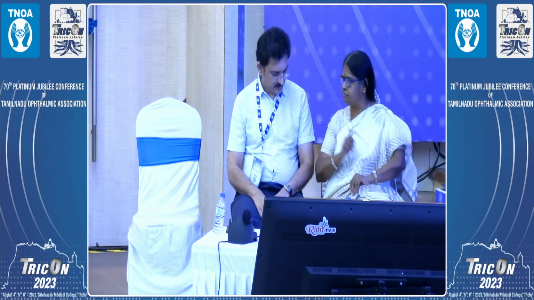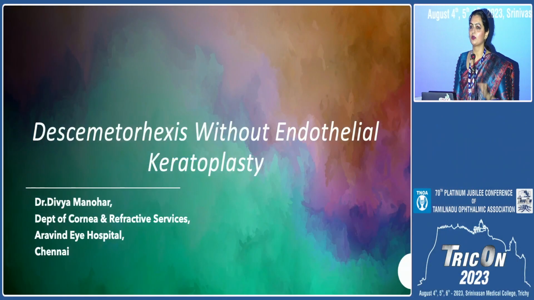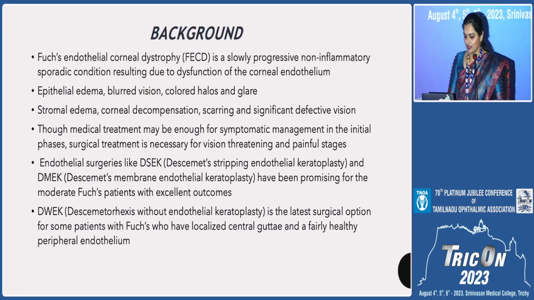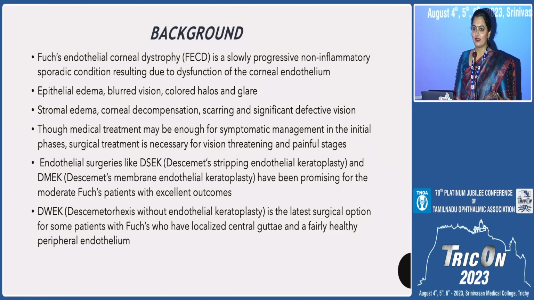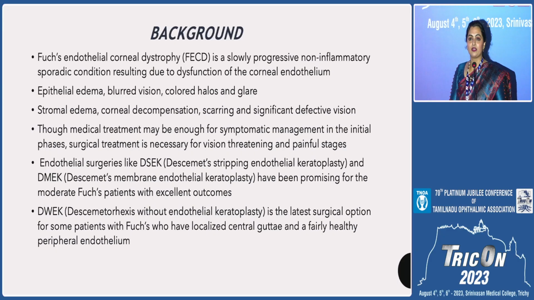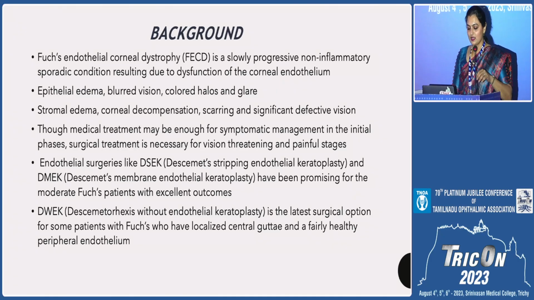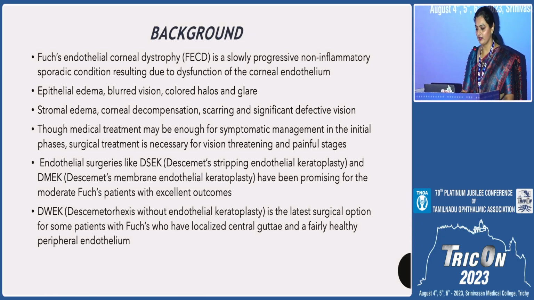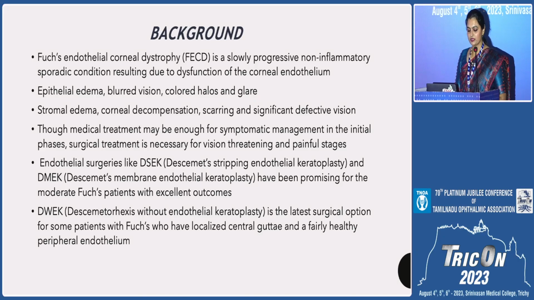Good morning. So I'll be discussing descemetorhexis without endothelial keratoplasty, also called DSO or descemet stripping only. As we all know, this technique is most commonly done when we have a patient with Fuchs endothelial dystrophy, which is a slowly progressive non-inflammatory condition which causes corneal endothelial dysfunction. In the initial stages, the patient can present with epithelial edema, blurred vision, colored halos, and glare. When the disease becomes more progressive, a patient presents with stromal edema, corneal decompensation leading to scarring, and also